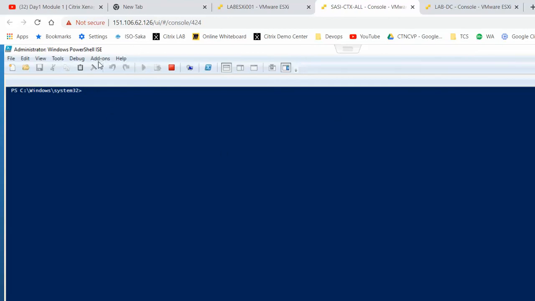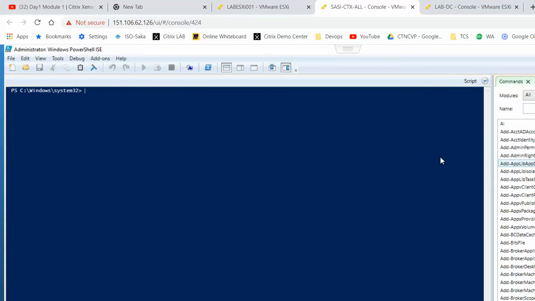Okay, now it is loading. Yes, successfully all the related PowerShell commandlets are working now. But we need to check whether the Citrix commandlets are working. Citrix commandlets are also working by default.